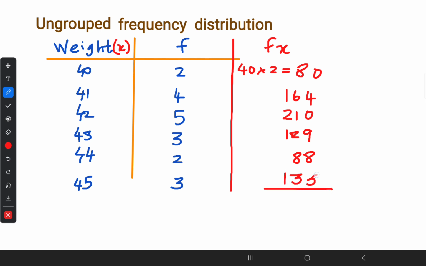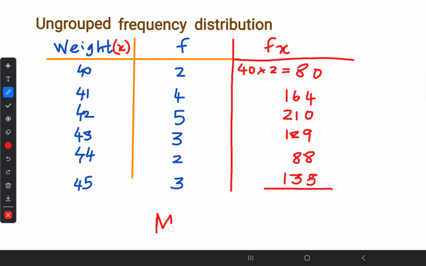What I did was, you should include another column which is the fx column. x means the particular variable, and f is the respective frequency. You should multiply the frequency with its corresponding variable's value, denoted by the simple English letter x, to find the answer for the fx column. Thereafter, finally, our question is not to find the fx column. Actually, we need to find the mean of this data distribution.